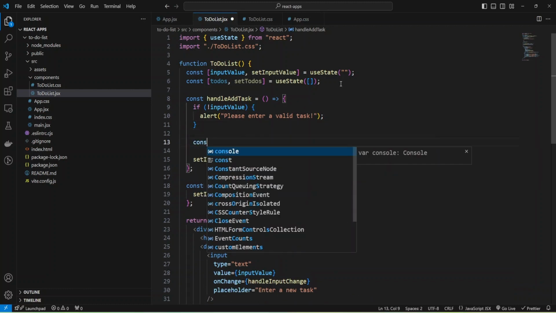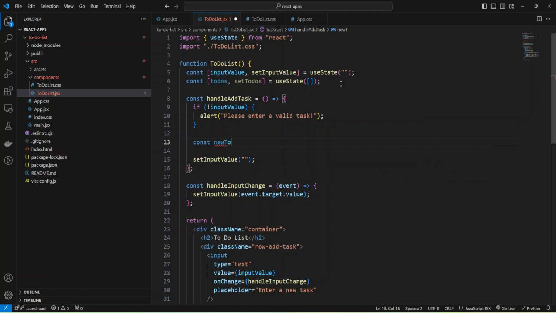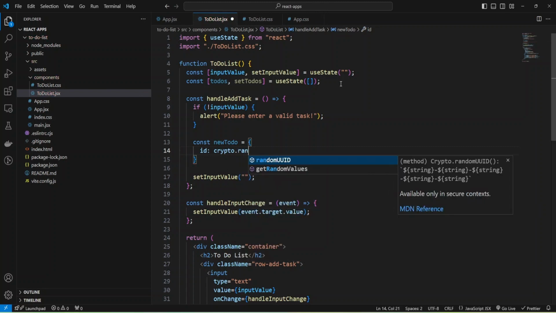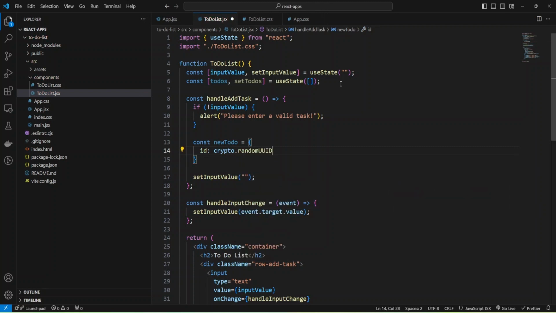I'm going to create const newTodo, and it will be an object, and it has the structure: ID. And for ID, I'm going to use crypto.randomUUID.